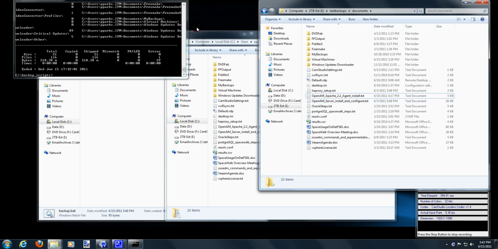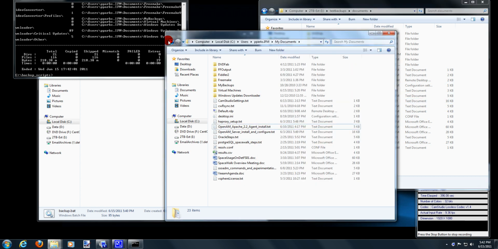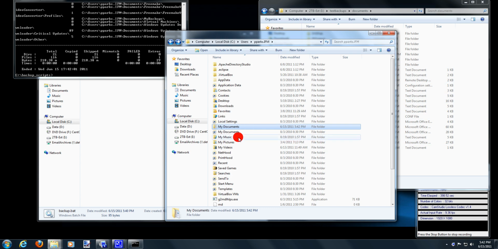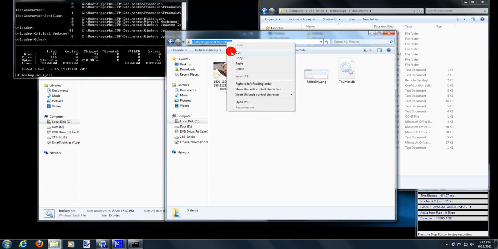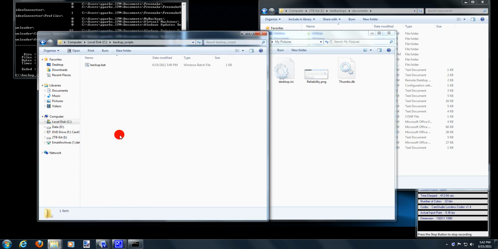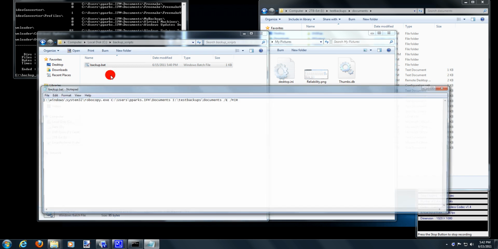So if you have multiple locations that you want to back files up from, let's say in addition to my documents you also want to get my pictures, you can come over here. So here's a picture of a car, a picture of my son, and a couple of other PNG files and some INIs. So if you'd like to add another line, just go ahead and grab your source, edit this file,